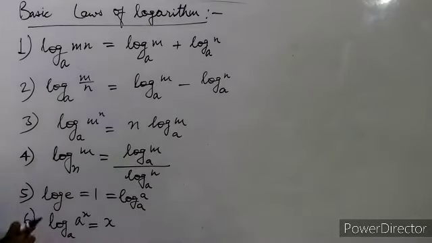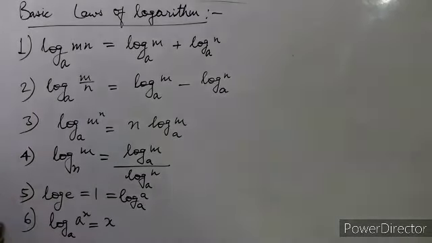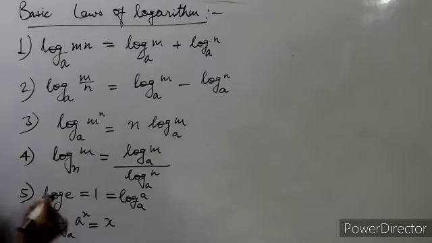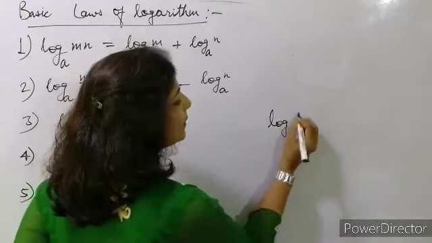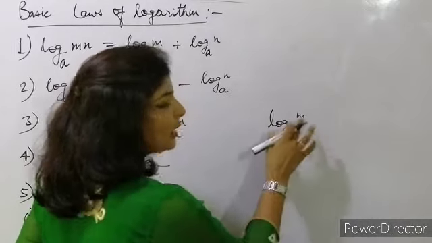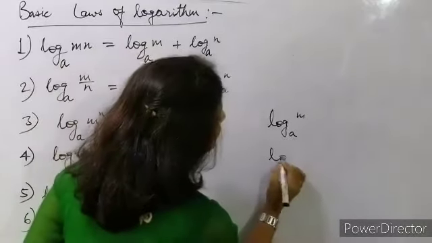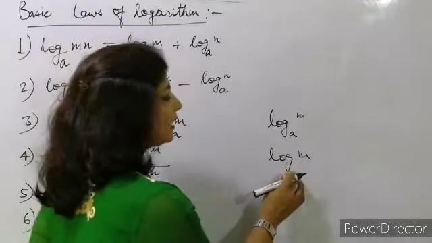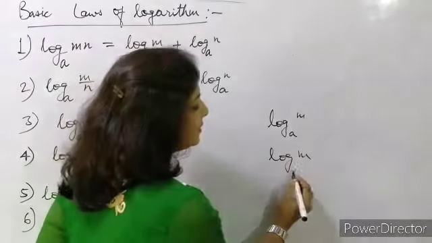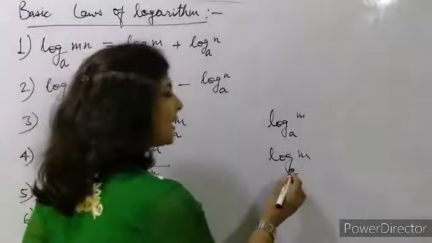And log of e के लिए हम 1 यूज करते हैं. Why? Because here we are talking about the natural log. कोई base नहीं given है ना. जब भी base is not given, sometimes we are writing log of m to the base a, I mean the base is a. Sometimes we are just writing log of m, no base. We are not mentioning any base. In that case, by default this is a natural log. Natural log मतलब base e है.